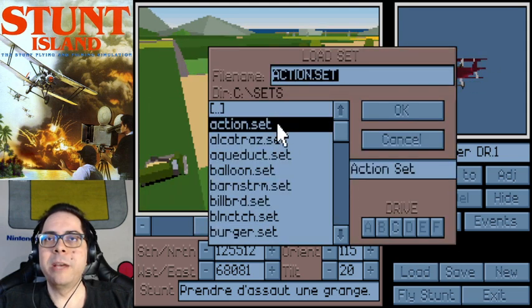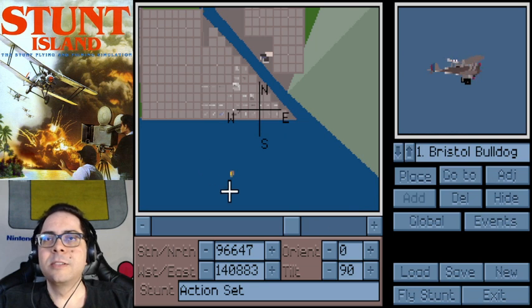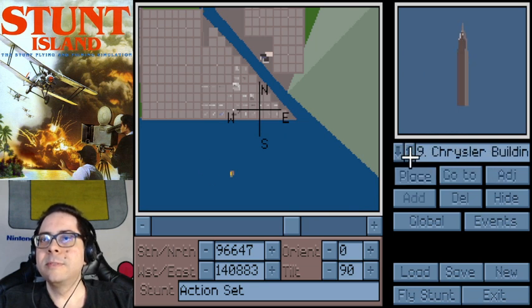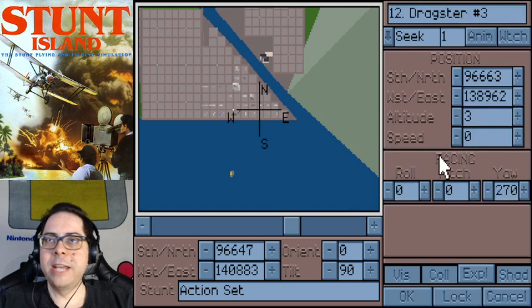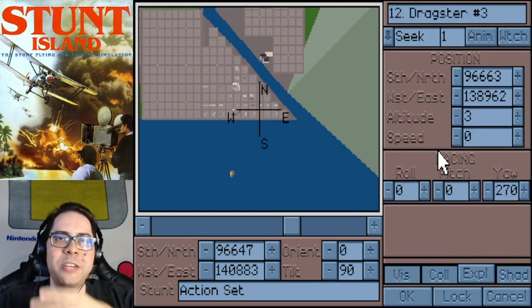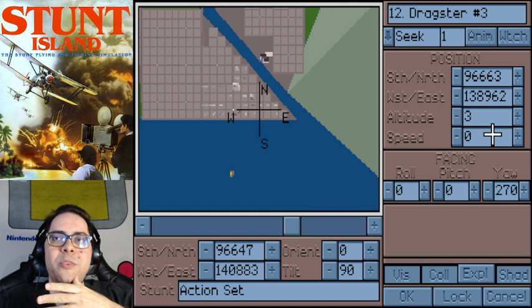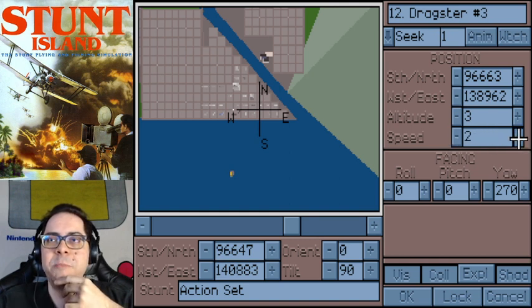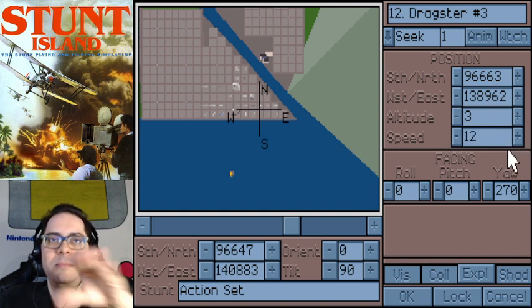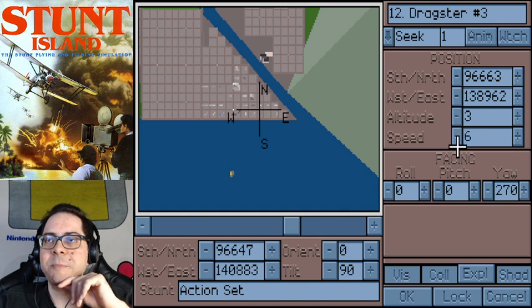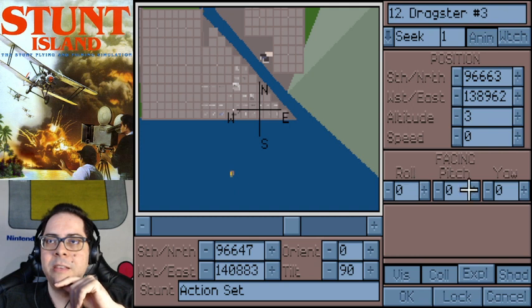Okay, load back my own. Chrysler Building, statue. No, oh, here we go. If I wanted to, I could actually make the cars already start running. If I added the speed here, it would start at that speed, but I can also have 0, or I can animate it. If I click the animate button, suddenly these numbers, the speed and the facing numbers,